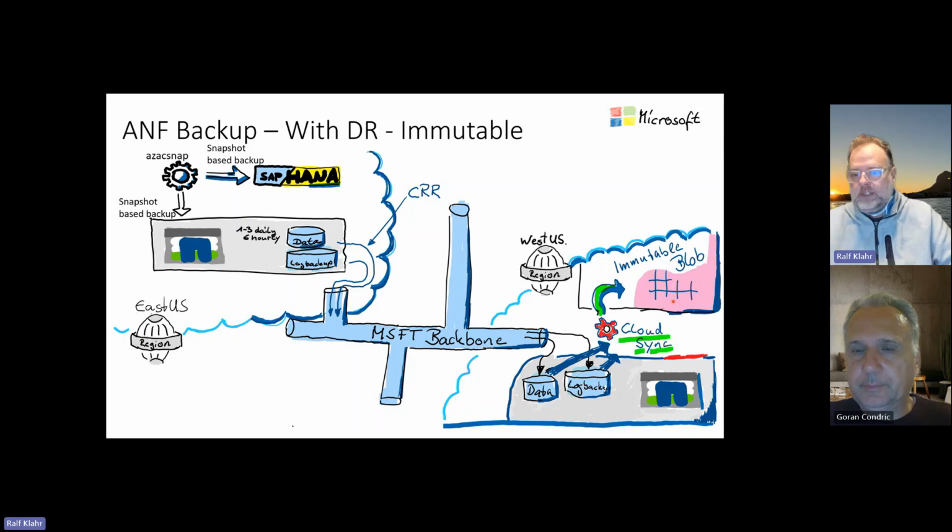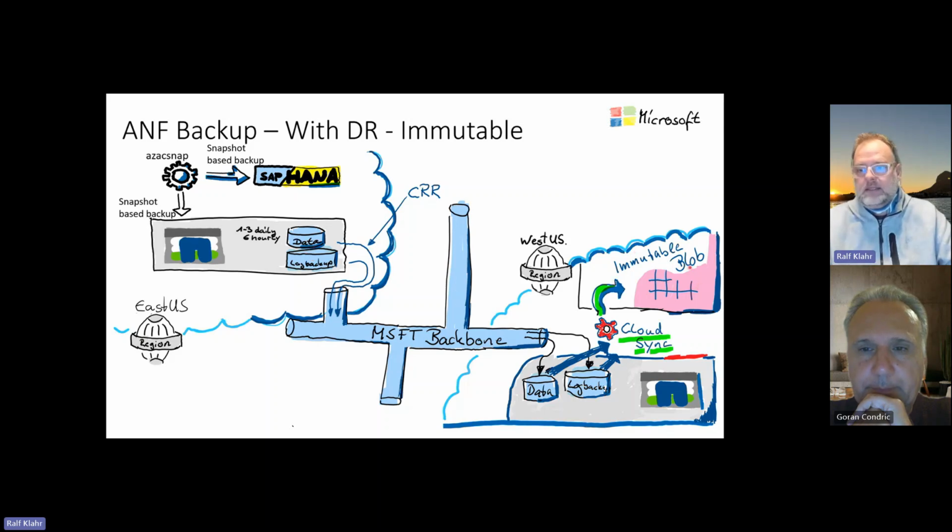This is only kind of a life insurance to make sure that you are protected against data fraud, but a normal recovery would never be done with a normal immutable backup. So normally this is only for data protection and for fraud protection. Everything else will be done with the normal NetApp features here on the data volumes: cloning, creating system refresh, restores. All this is done here from the local data, from the local storage.